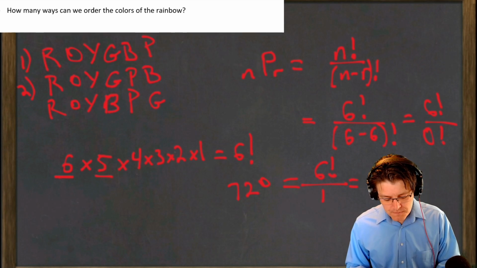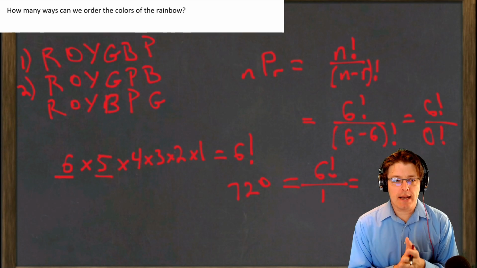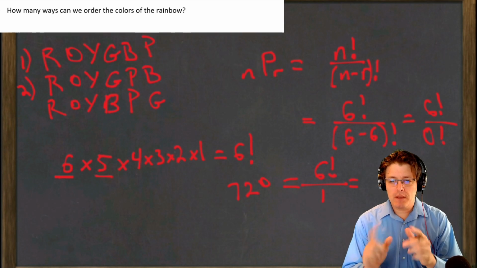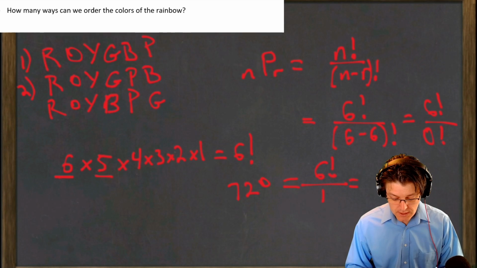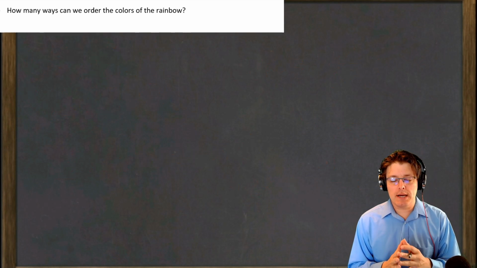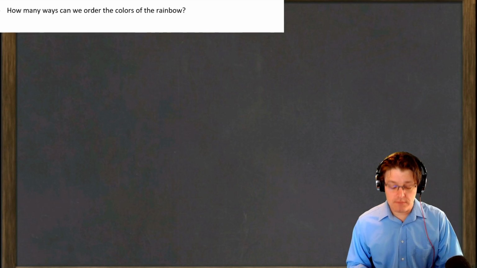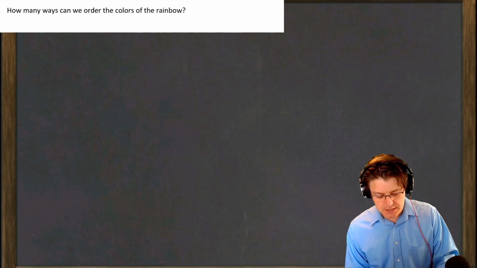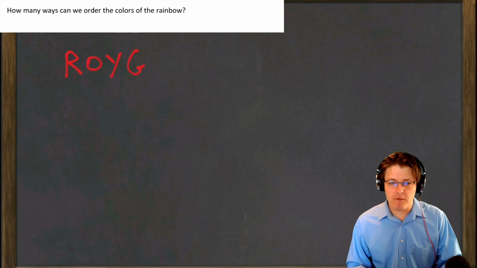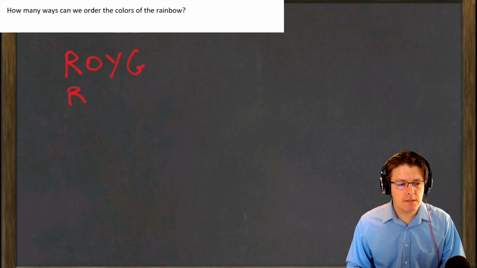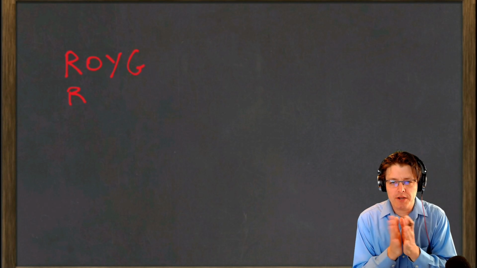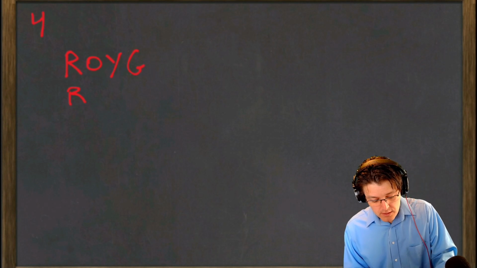Now, when we talk about combinations, well, let me shift gears because this will be confusing if we do this. Maybe we don't need all 6, right? We may have just briefly touched on this in lecture, but if we only want to use 4, so red, orange, yellow, green, that's a set of 4 colors. So this is no longer applicable. Okay, so we only want to use 4 colors.